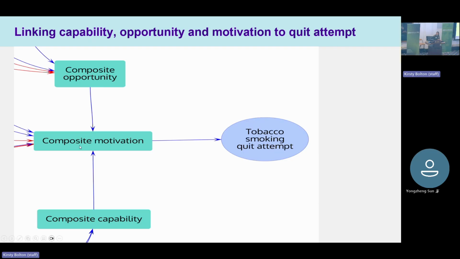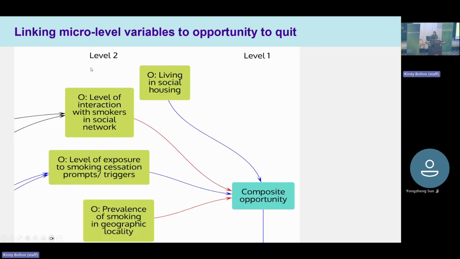For each of these, you notice that it's composite, so it's made up of a combination of different factors. Zooming into the composite opportunity: we've called the composite opportunity, motivation, and capability level 1 variables, and then we've got some level 2 variables which link into these. Living in social housing, the level of interaction with smokers in the social network, the level of exposure to smoking cessation prompts and triggers, and the prevalence of smoking in the geographical locality were thought to affect the opportunity to quit. And this was based on